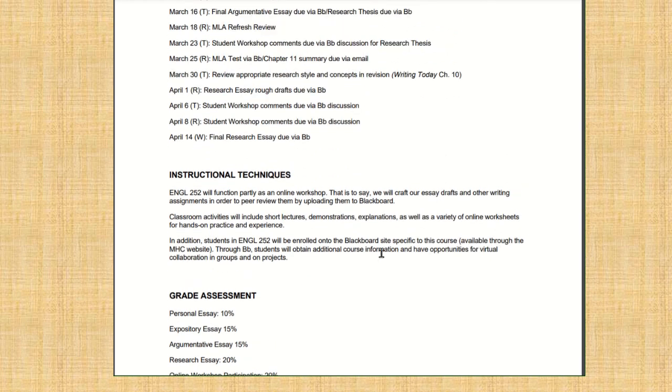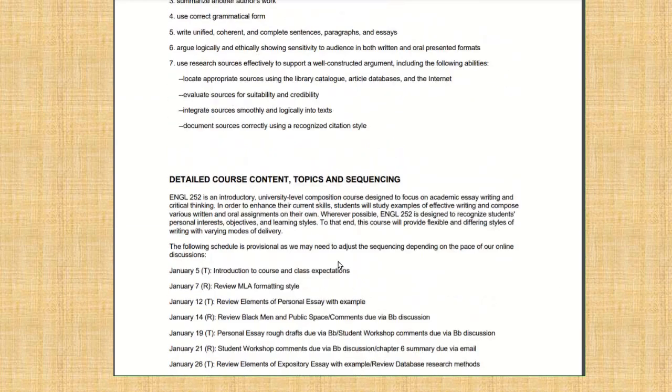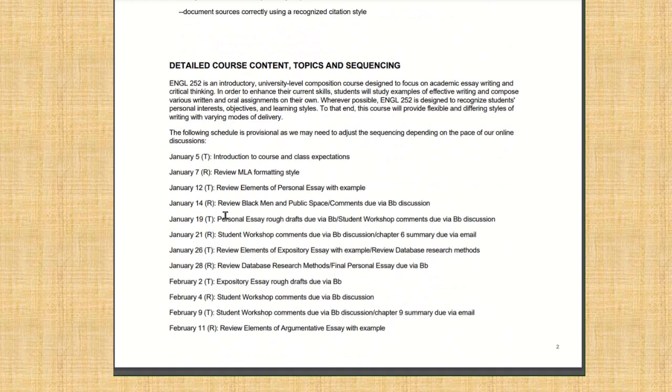So, instructional techniques. English 252 will function partly as an online workshop. That is to say, we will craft our essay drafts and other writing assignments in order to peer review them by uploading to Blackboard. So, just as I went over before, you're going to get an example of an essay, right? Each essay, I'll present you the elements of it, like what it's made up of. You're getting a student example.